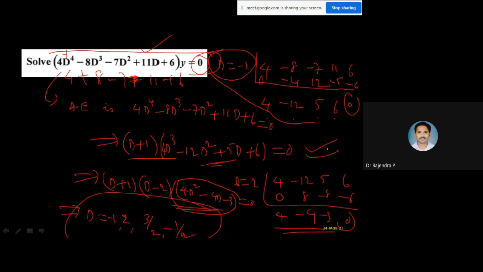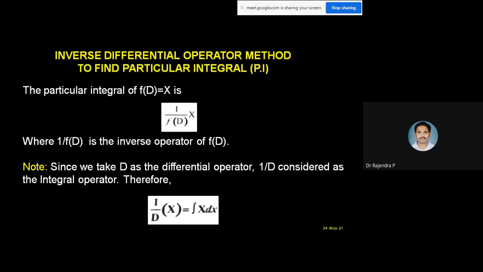And I can tell you, higher than 4th order, they never ask in your examination. Keep that in mind. At maximum, they will go with the 2nd, 3rd. Maximum 4 if they go, they may not give this X value for you. 0 they may give. Is it clear? Yes, sir. Yeah, right.